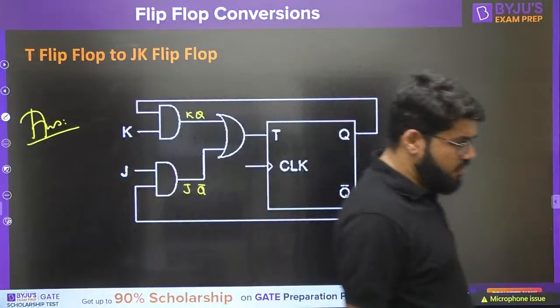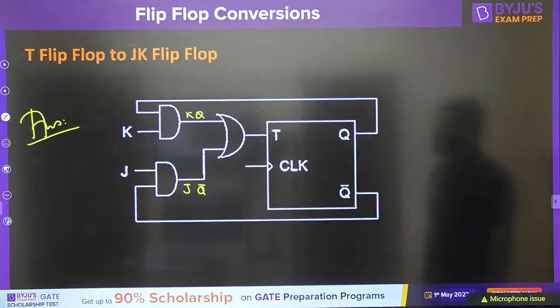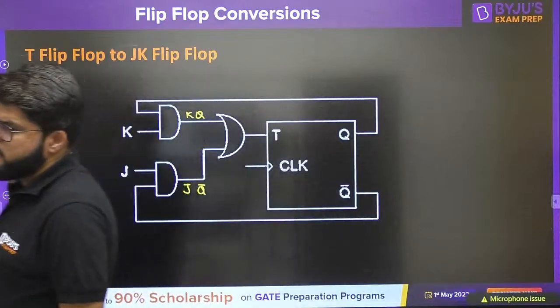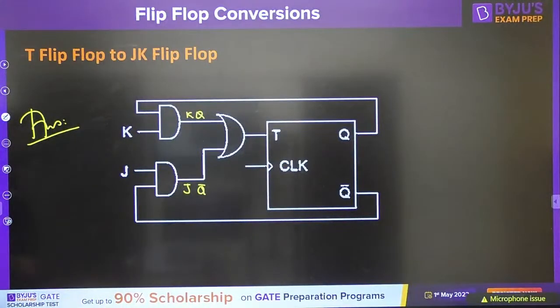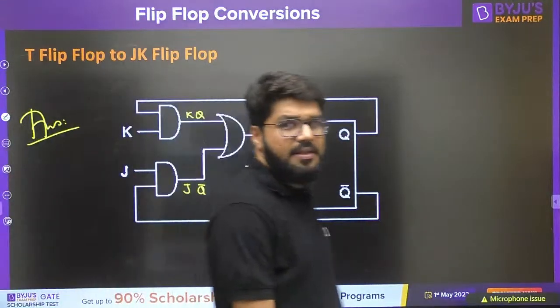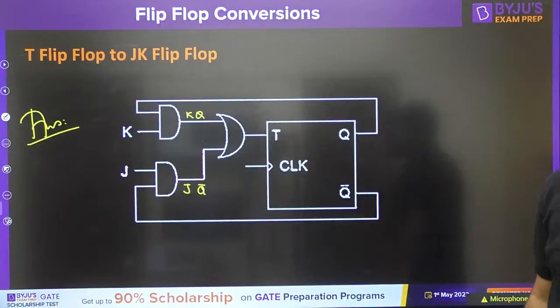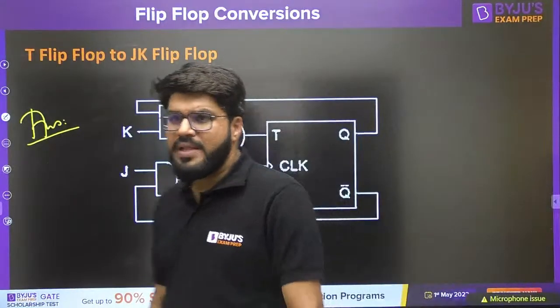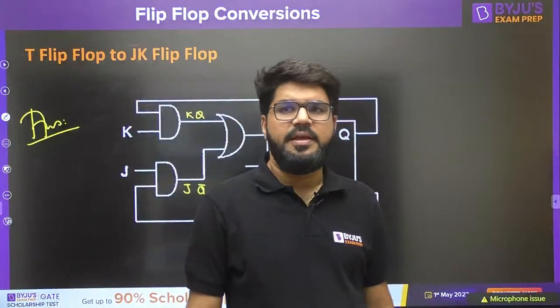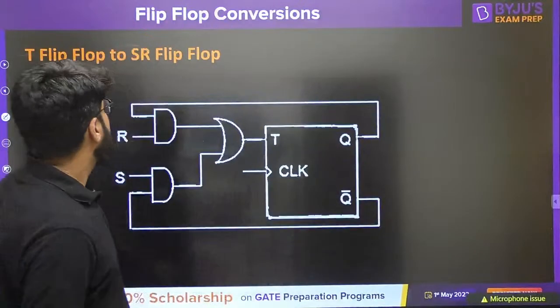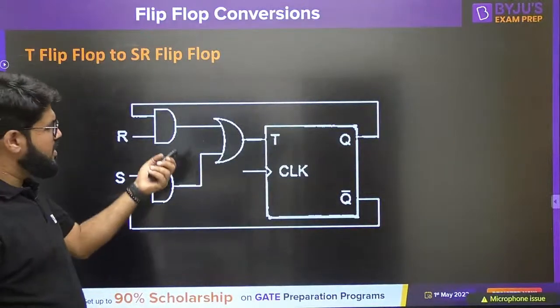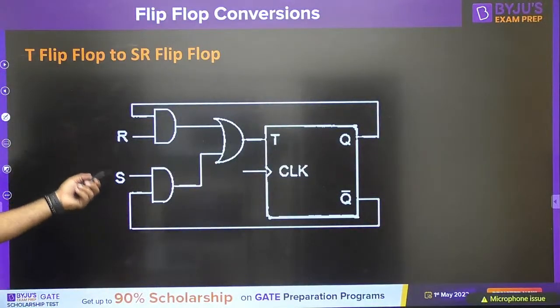That's it. T flip-flop to the JK flip-flop is complete. This is the conventional method. This is the problem which is again solved by the conventional method. Right. T flip-flop to SR flip-flop, just we can retry that problem and you can again solve it